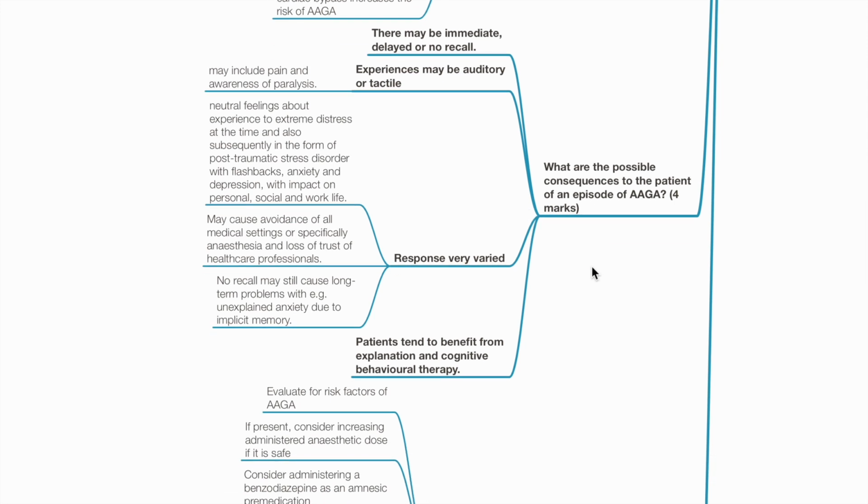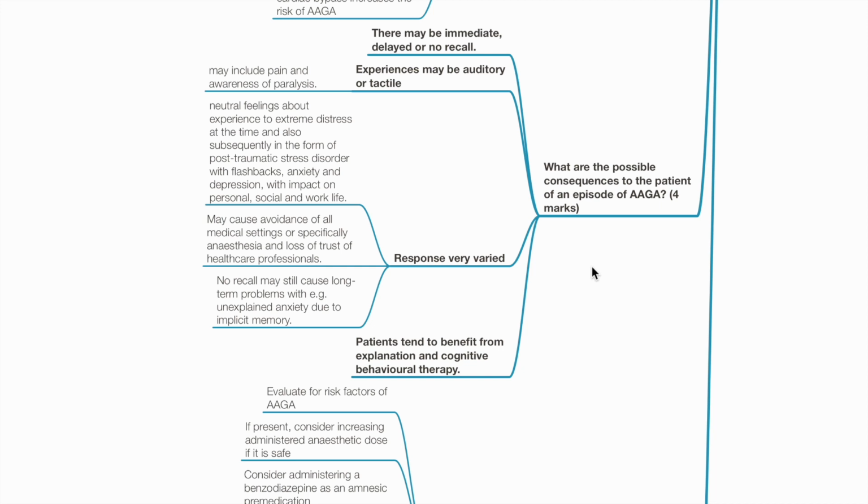What are the possible consequences to the patient after an episode of accidental awareness under GA? There may be immediate, delayed, or no recall. Experiences may be auditory or tactile, and may include pain and awareness of paralysis. Response is varied. There may be neutral feelings or extreme distress at the time of accidental awareness, which may lead